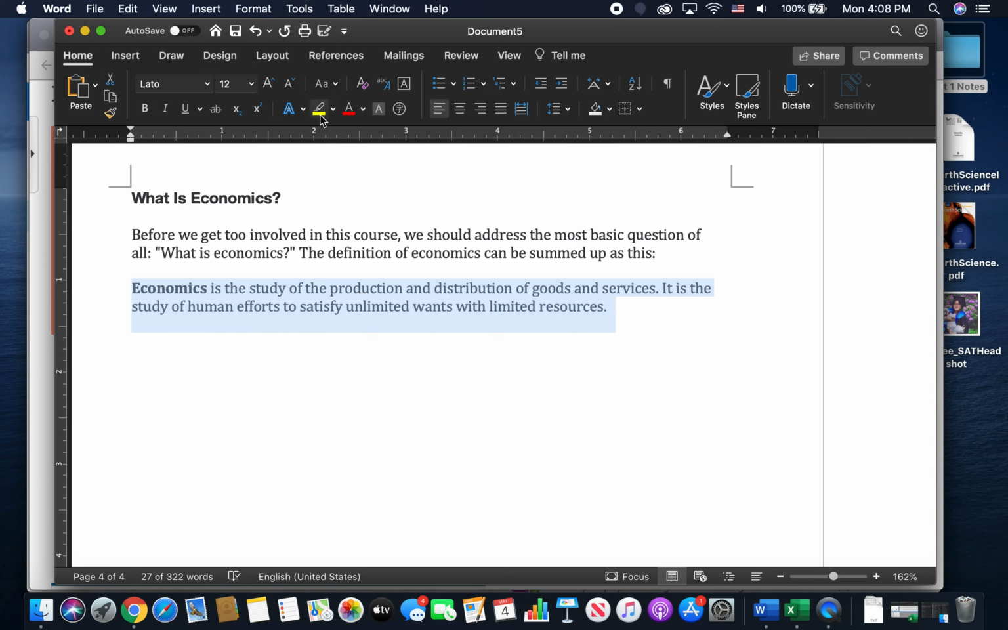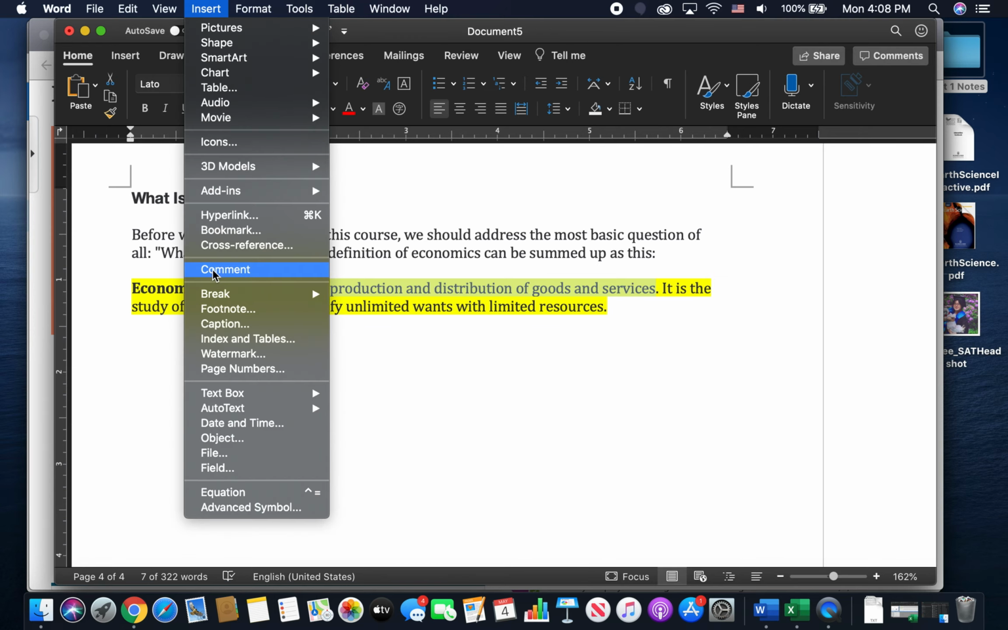So what I could do is I could highlight. But another thing is, when you read through this, you should be able to kind of reword it in a way that anyone could understand it if you're really getting the content, right? And so if you read this, it's a study of production and distribution of goods and services, and you're like, what the heck does that mean? This is a time when you're going to ask your teacher for further explanation to help you really understand the material. If you do understand the material, then what you can do is just once again go into insert comment,